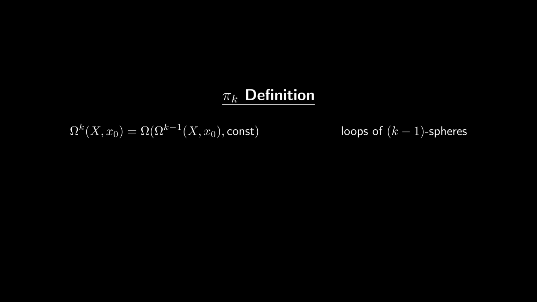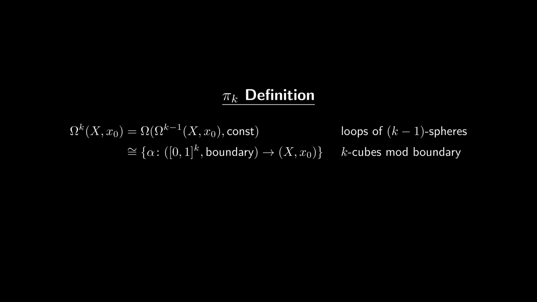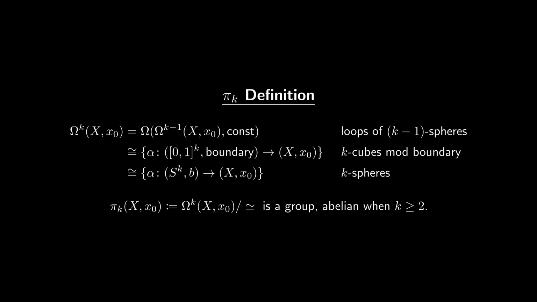But you might think about it as loops of k-1 spheres, or as maps from a k-cube that send the boundary to the base point, or as base-pointed maps from a k-sphere. Then pi k is the k-fold loop space modulo homotopy, so k-fold loops connected by a path are declared to be the same. Pi k will always be a group, but it'll be an abelian group if k is 2